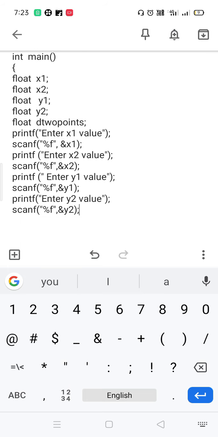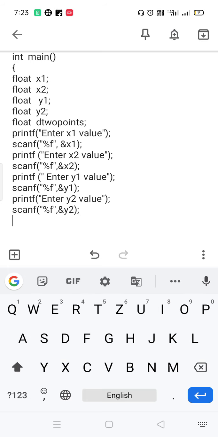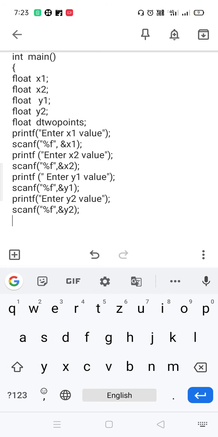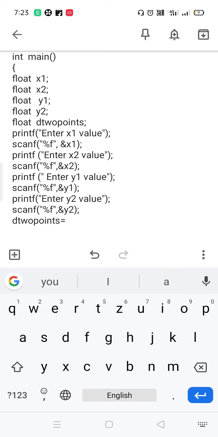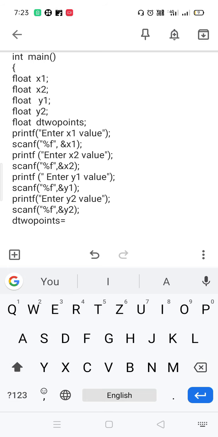Now we need to calculate the formula x2 minus x1 whole square plus y2 minus y1 whole square. So from that I am storing the d2 points. D2 points is my variable name. In this I am storing the sum, after calculation I am getting the values and storing them here. So I am writing the formula x2 minus x1 whole square,